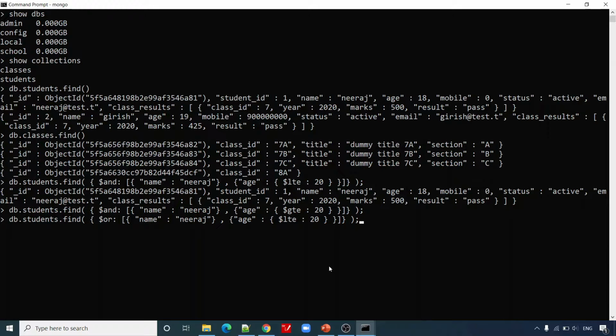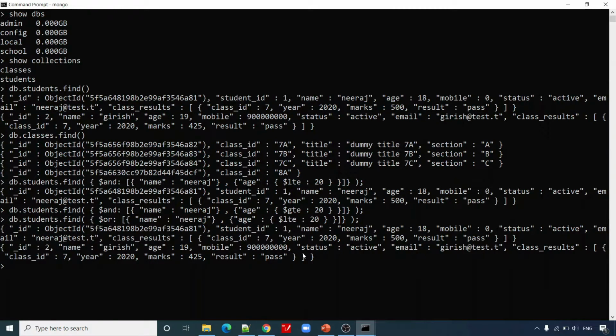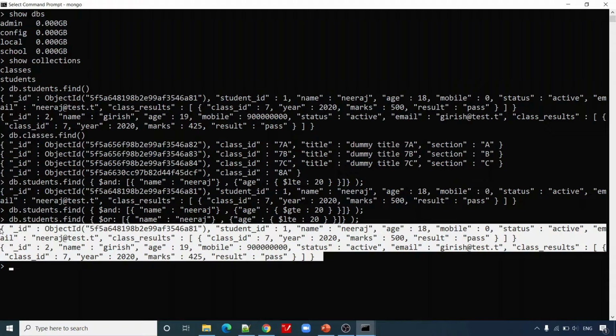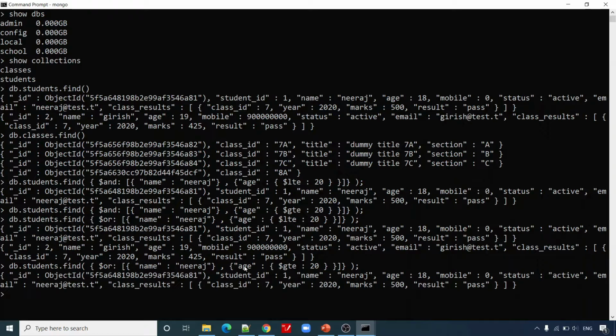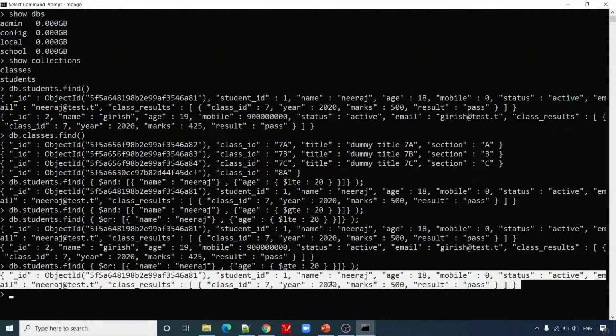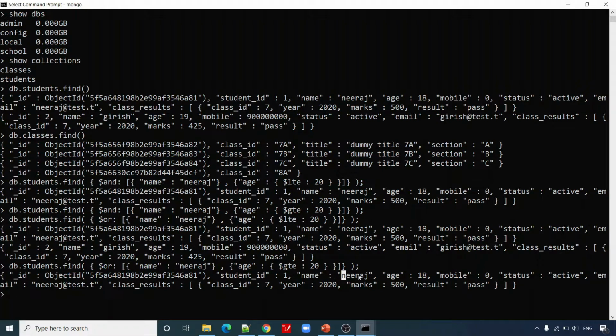I have pasted another query. So now you can see that same query with OR, less than equal to 20, it has shown me 2 records. Now let me try to run this with greater than again as we did in the AND query. Now you can see that AND query did not return any result while OR condition is giving us result, because here name is matching, age is not matching but name is matching. So I hope you have got an idea about logical operators.